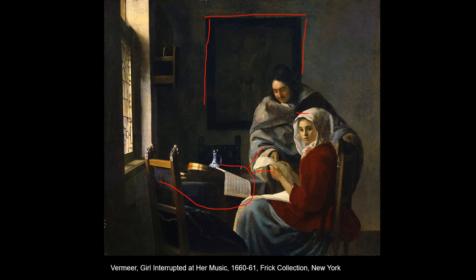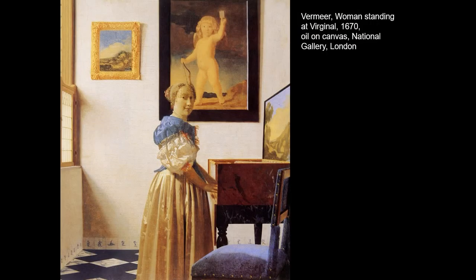And there's one other clue here that lets us know: this is a bird cage. Birds were very popular pets. Finches were very popular pets at this time. And so the whole message becomes clear. She feels like she's living in a cage. And what she wishes for is freedom, and the love letter gives her this chance at freedom, but there's a warning there. You can see this Cupid figure in the background a little better.